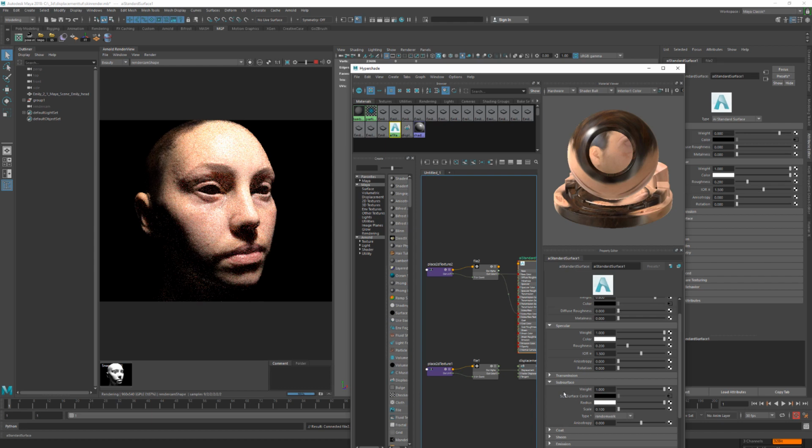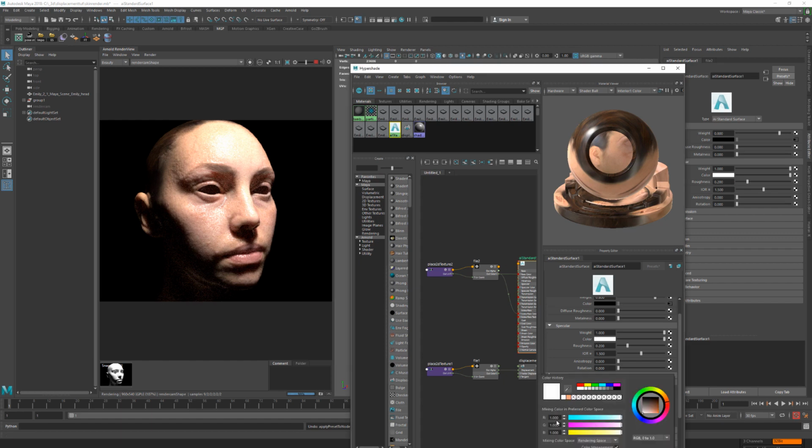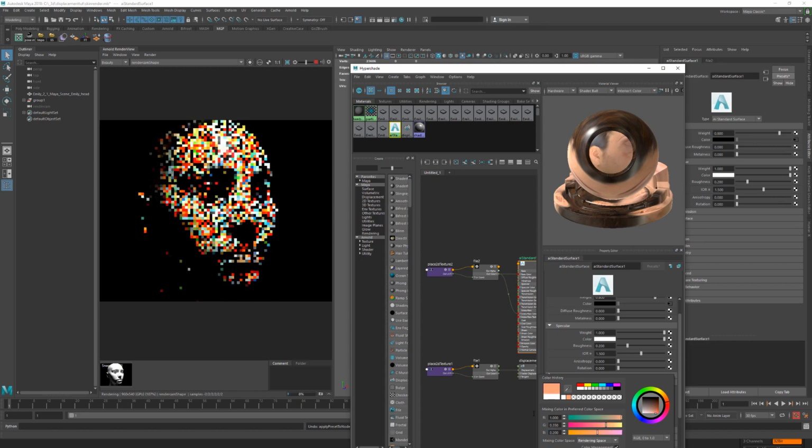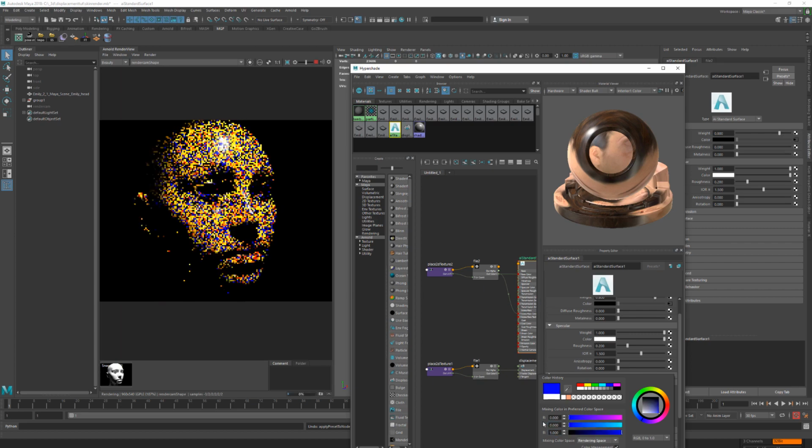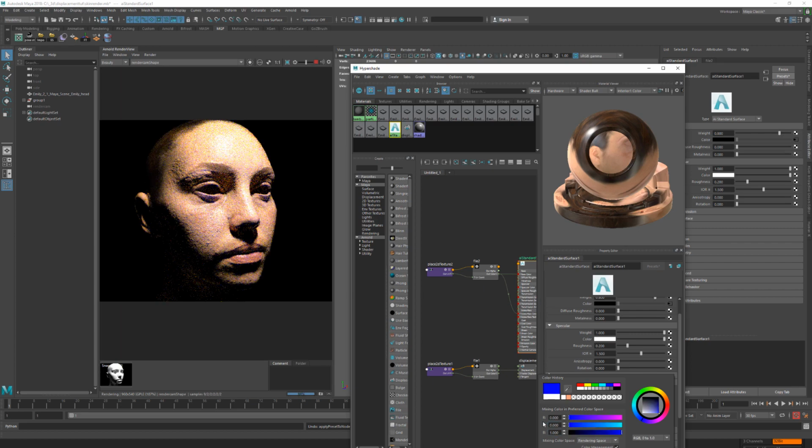And now, for arguably the most important part, set the radius color correctly. Change to RGB 0 to 1 range, and set R to 1, green to 0.35, and blue to 0.2. The reasoning behind this is that red light penetrates furthest into the skin, green light less so, and blue light even less. So by setting RGB to 1, 0.35, and 0.2, we're controlling how deep each color of the light